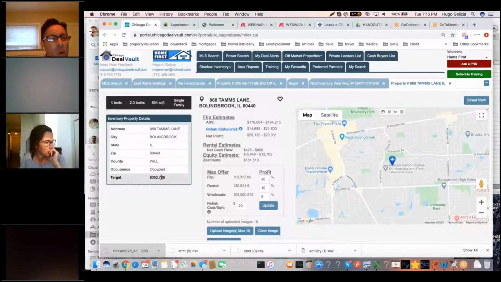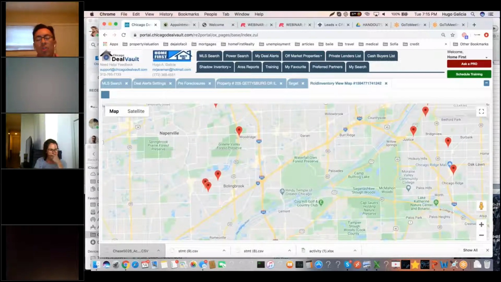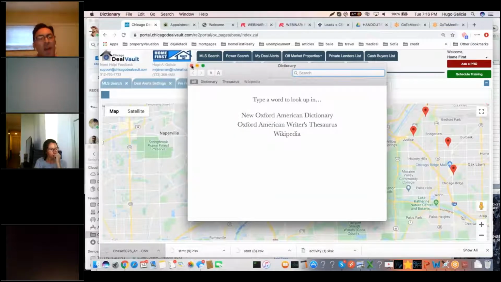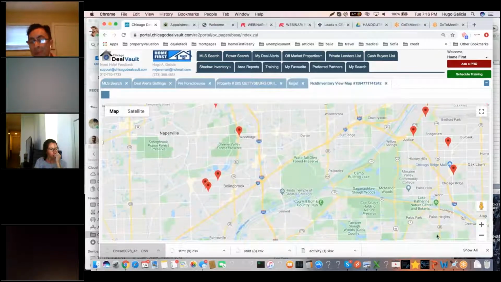So the bank is asking, whoa, they're asking for way too much. This property is worth no more than 200,000, so this doesn't make sense. Okay, so there's something wrong with how much the bank is asking for. So we're not gonna send you that. But this is just to quickly show you an example of how we identify bank-owned properties that you can buy